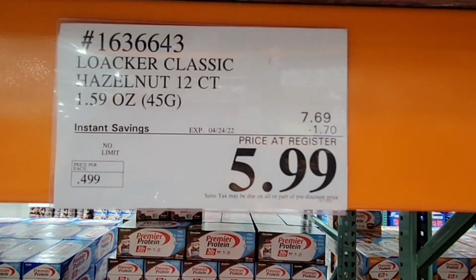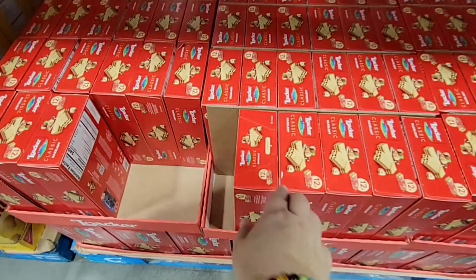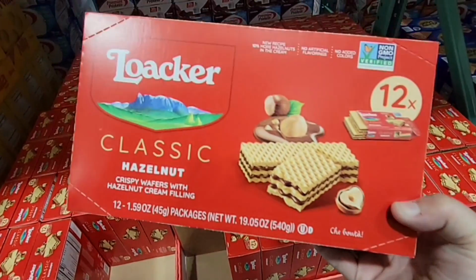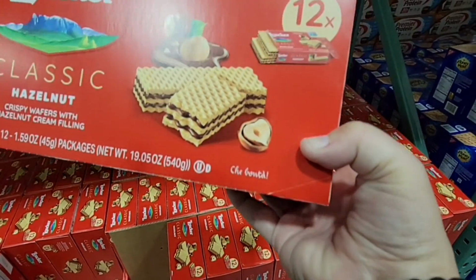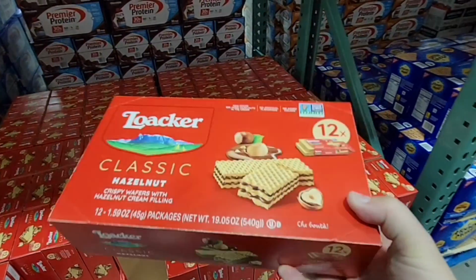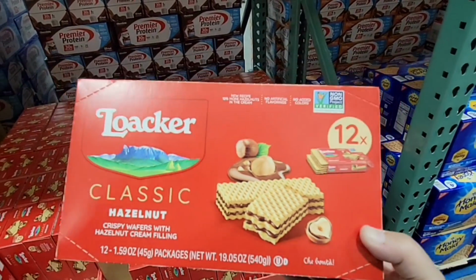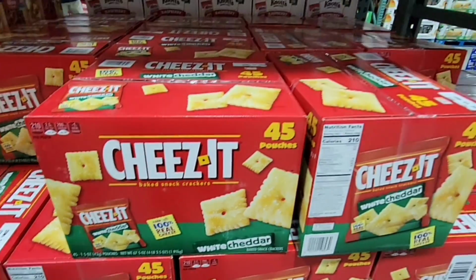Now, here's another sale for $5.99. Look at these. I'll be honest with you, I couldn't resist these. Hazelnut chocolate and wafer cookies. This is some of my favorites. So I did grab that box for $5.99. A nice little afternoon coffee snack, because that's usually what I eat, my little sweets with my afternoon coffee, or I'll have tea. Cheez-Its,